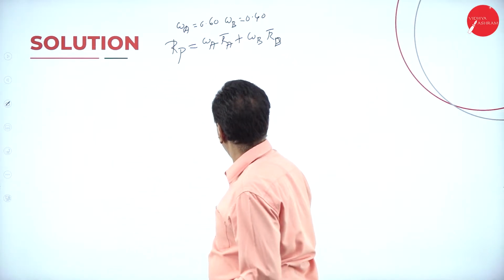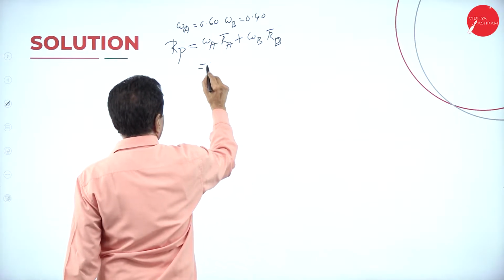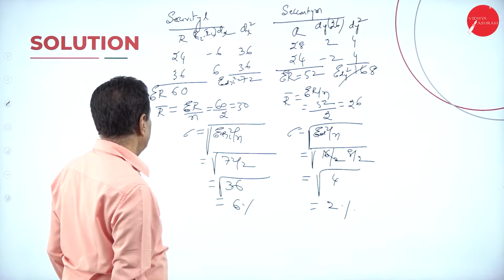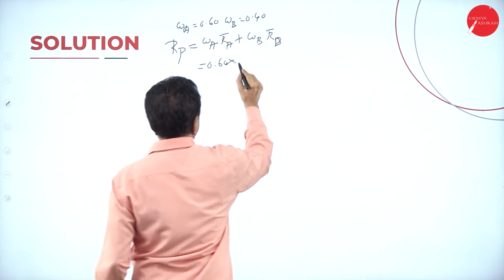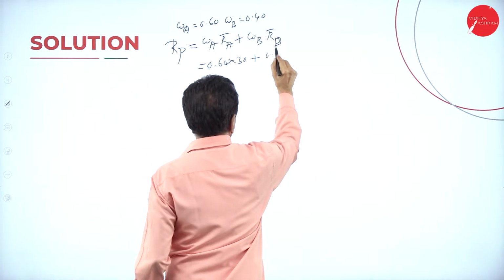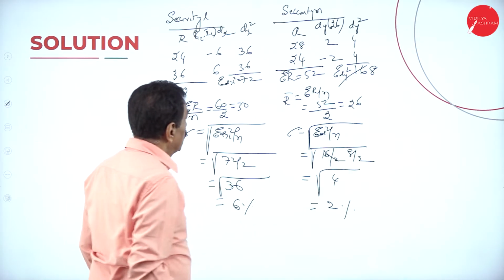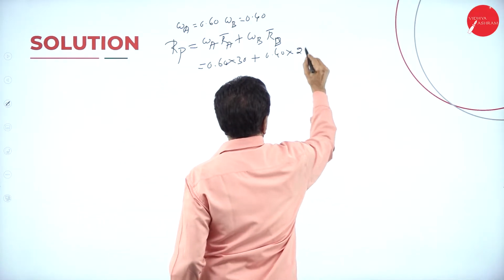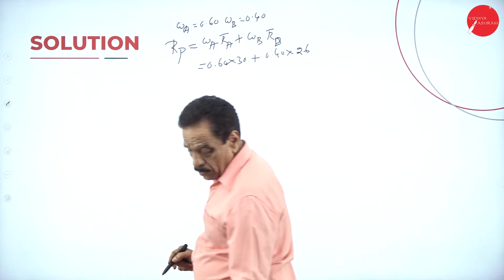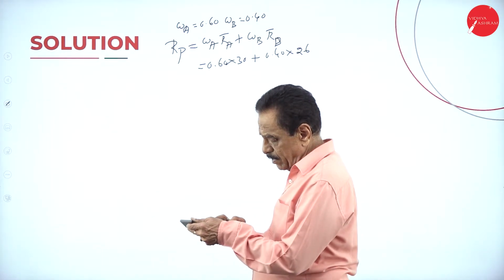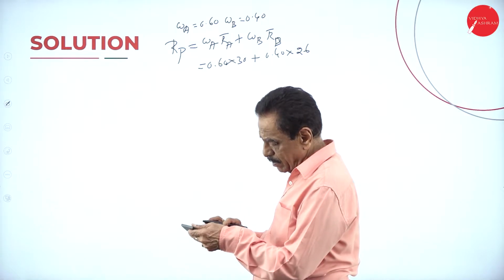What's the first weightage? 0.60 into, what's the mean of the first one? 30, plus 0.40 into mean of second one, 26. So 0.60 into 30,